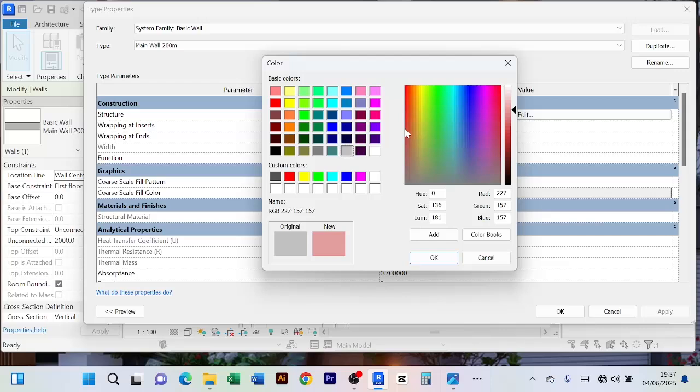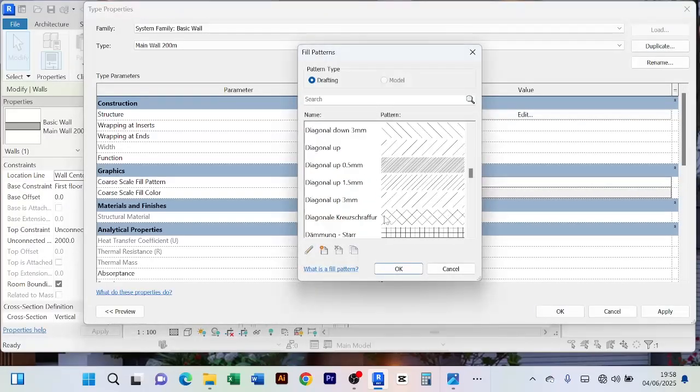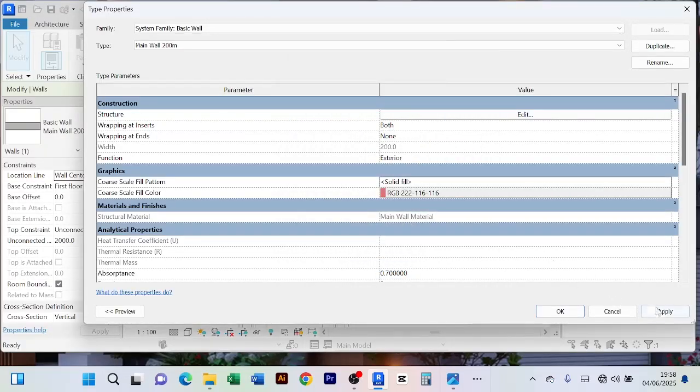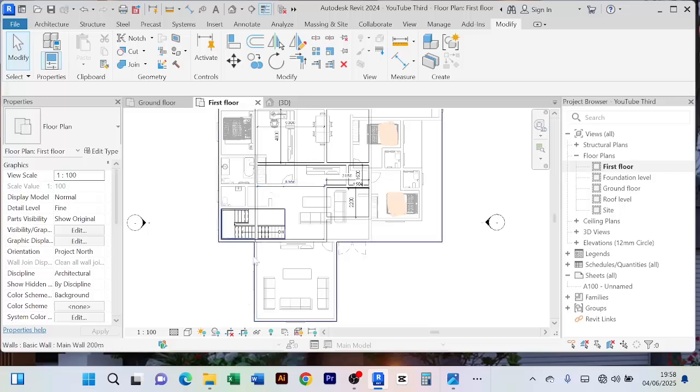So you can say you want a little bit reddish color, bring it here so that it can stand out. We say okay. Then you ensure that this is a fill. This is a solid fill. There are so many options here. You can choose any other option you want. You can decide to go with anything really. For me, I will go with solid color. I will say okay. So here when you click apply and you say okay, you see it will